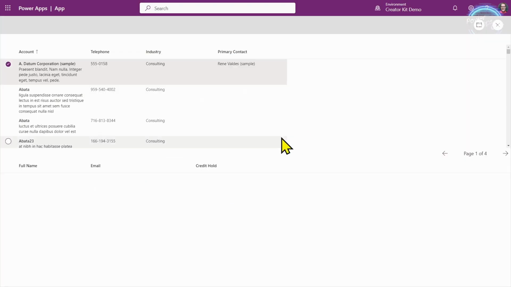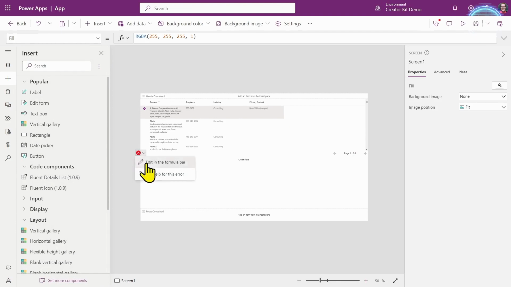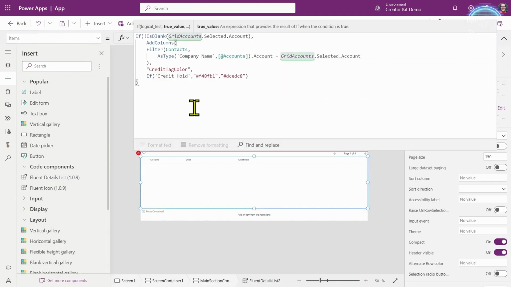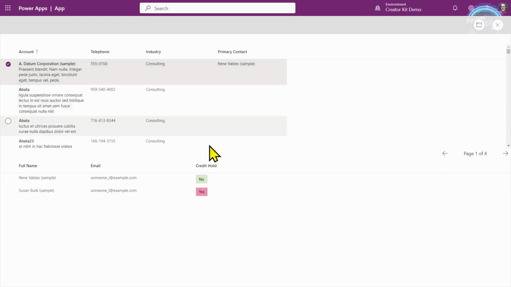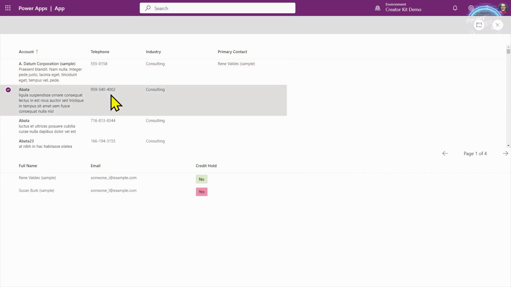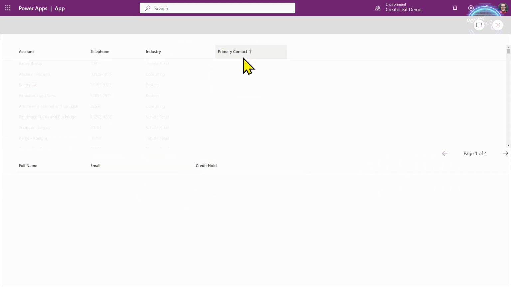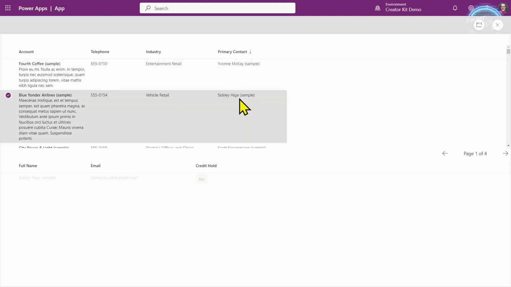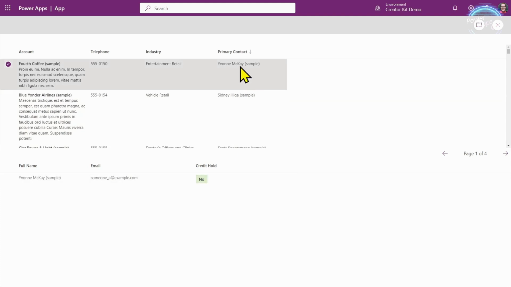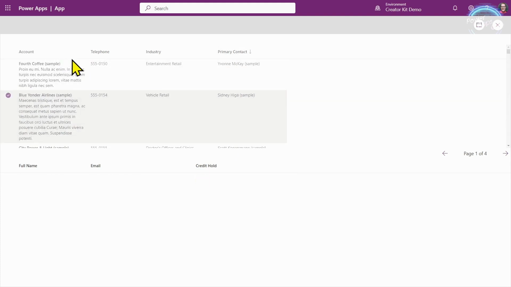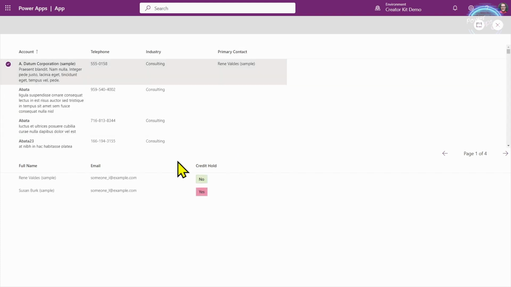So now if we run this, what's it saying here? It's giving me a little error. Okay, I just haven't closed that bracket there, and I'll indent that so you can see it a lot better. There we are. Okay, so run this and there we go. We've got the credit on hold, yes, no. And if I select a different one, sort by the primary contact again, we've got a different one, that's always no. So this is the top one, I think it was, Contoso, iDatum.